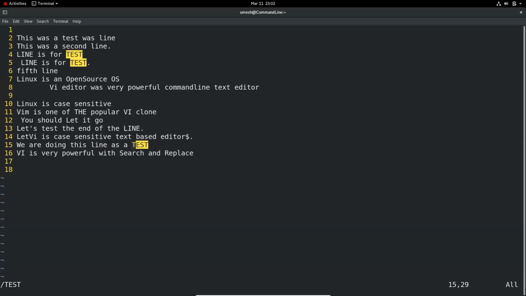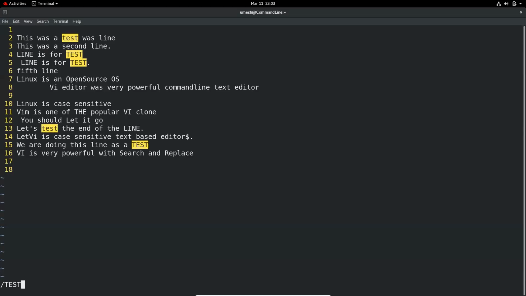And let's say, for example, you're in the case sensitive mode and you want to search test. Now test will only search the lowercase. But if you want everything in case sensitive mode, you can do test\c. It will ignore the case sensitivity for this particular search. And on number 5, if you want to find the word test with a period, you can do test.